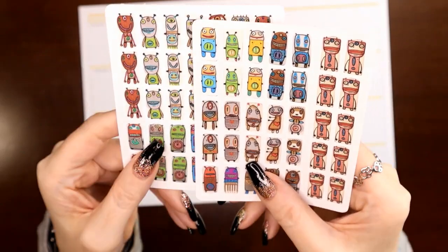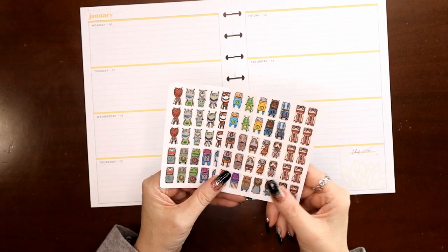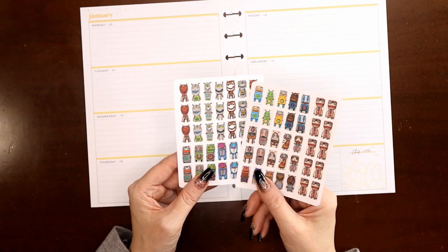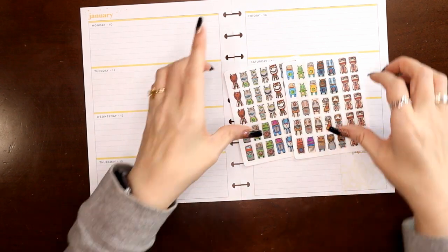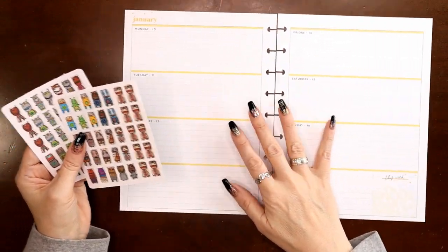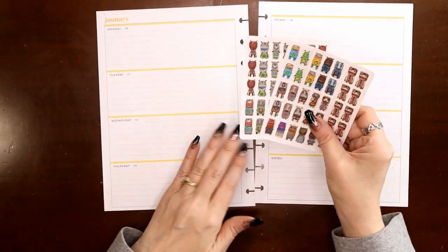Anyway, they've been sitting in my swap box, and since COVID, I haven't been to any kind of a planner meetup, big or small, in more than 2 years. I remembered they were in there, and I was like, oh, those would be so cool to use. There are a couple with a little bit of yellow, so we're going to do little clusters of these, but